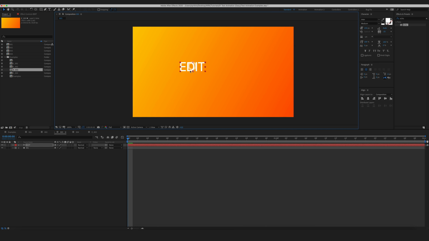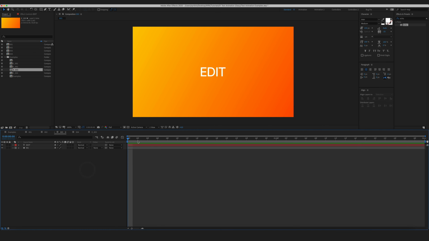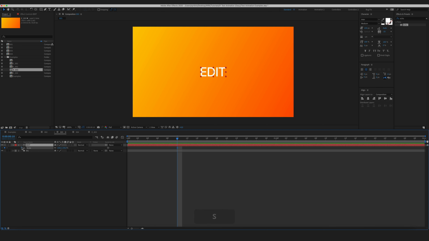And the next thing we need to do is to reposition our anchor point to the center of the layer. To do this, hit Command plus Alt plus Home. Good. So as you can see, the anchor point now is in the center of the layer. Now let's position this layer in the center of our composition. Okay, cool. Now let's go to the 10th frame in the timeline, select our text layer, hit S for scale,